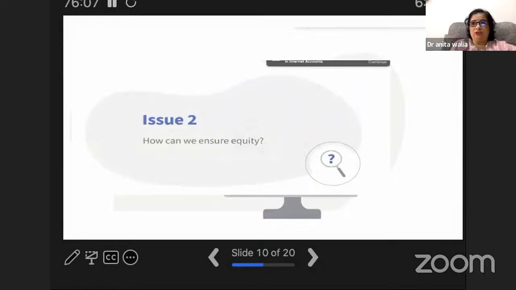Now let's look into issue 2. This is all from the research paper. Okay, this is not what I am saying. I just took it from some papers or some sites. So issue 2, which is there, says